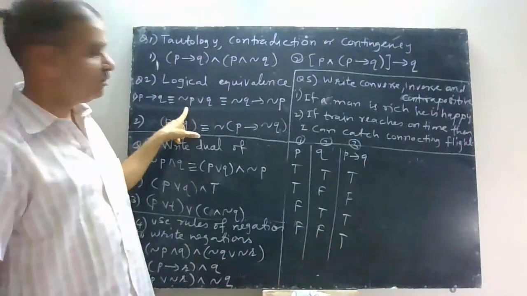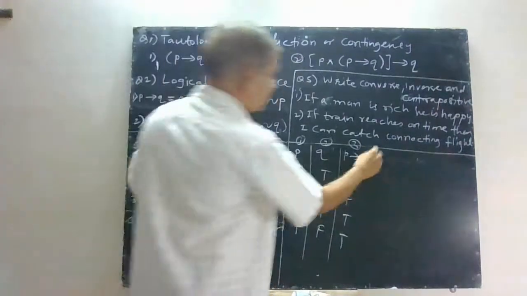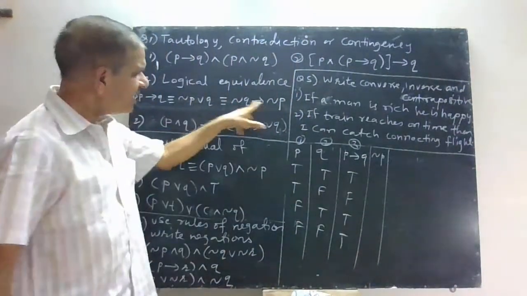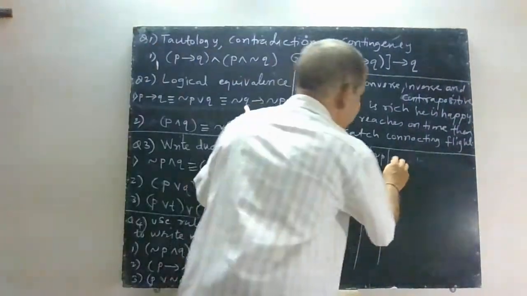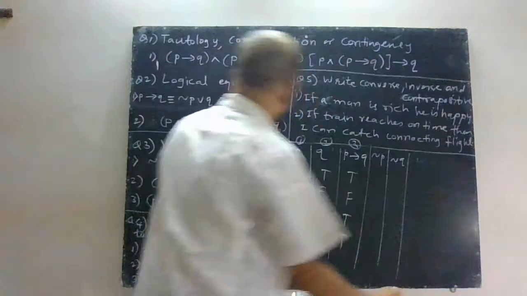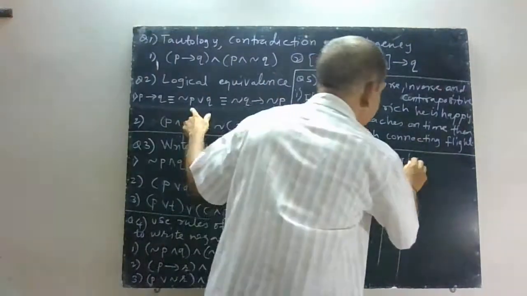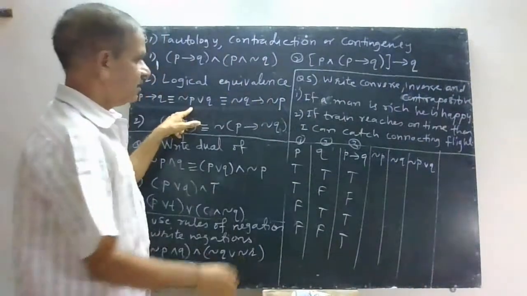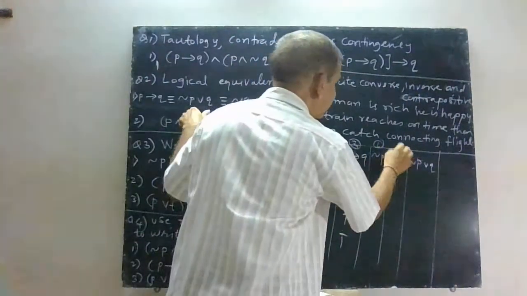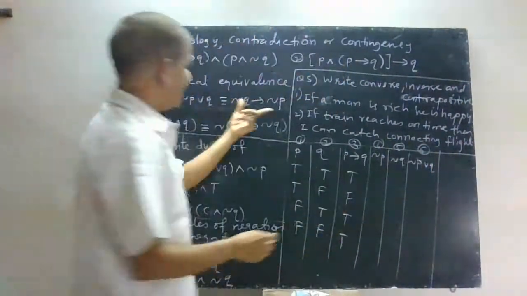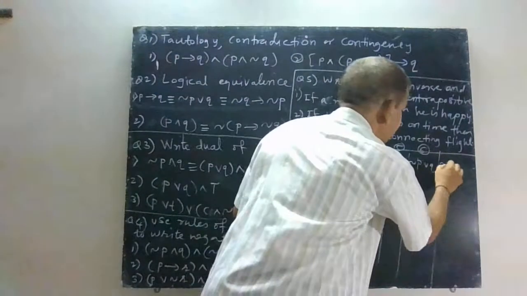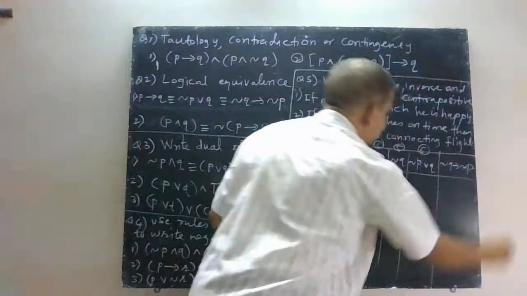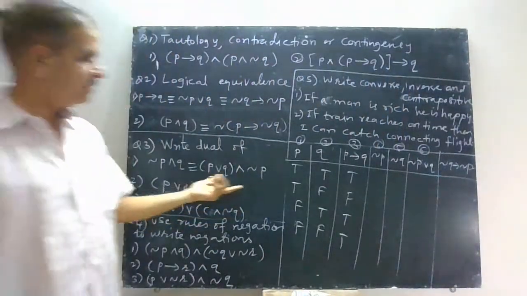Then the second one you want to prove, that is negation. So you have to make negation P. Now as you require negation Q, at the same time you can have negation Q. Then you will make negation P or Q. That means this is column number 4, this is column number 5, this is column number 6. And then for this one, negation of Q implies negation of P. So these are your columns. And now you have to fill the columns.